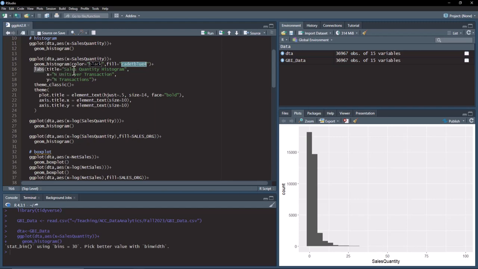So I'm putting in a title, sales quantity histogram. The X variable, I'm going to say number of units per transaction, which is what sales quantity is. Y is the number of transactions, so I'm just changing those titles. There are also themes that you can use. Again, you can look up